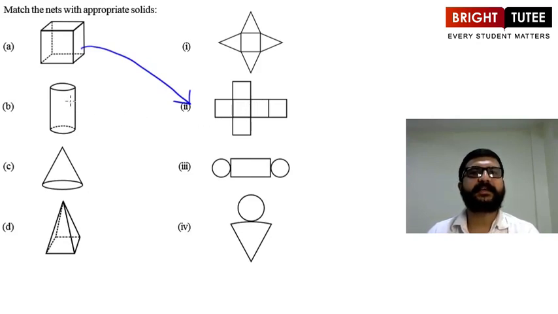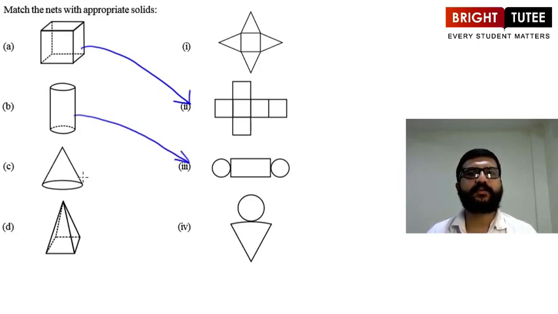And the next one is a cylinder. We can form a cylinder using a piece of paper by rolling it. And when we cut that out, we will get a rectangle because it was not having top and bottom faces. Now we know the top and bottom faces of a cylinder are 2 circles. So therefore the net for a cylinder is this one.